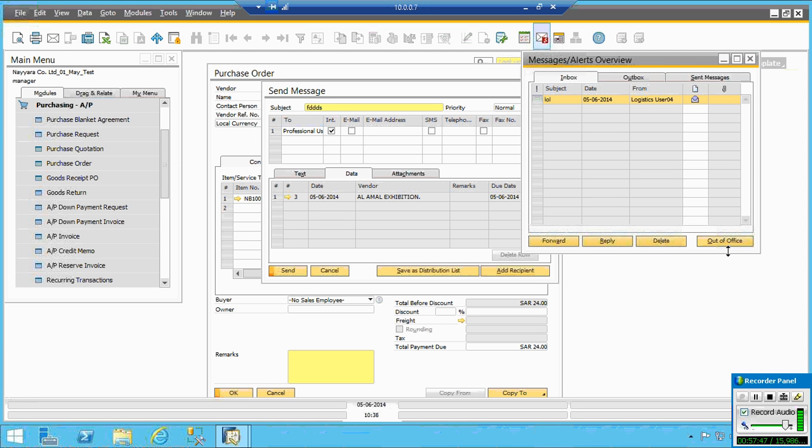It means he is not able to approve. Simple. Since he is out of office, I will not be able to approve, and the message says out of office. So you can make a call and ask the same person to make the purchase. You can also make a purchase. When you come back, it is approved.